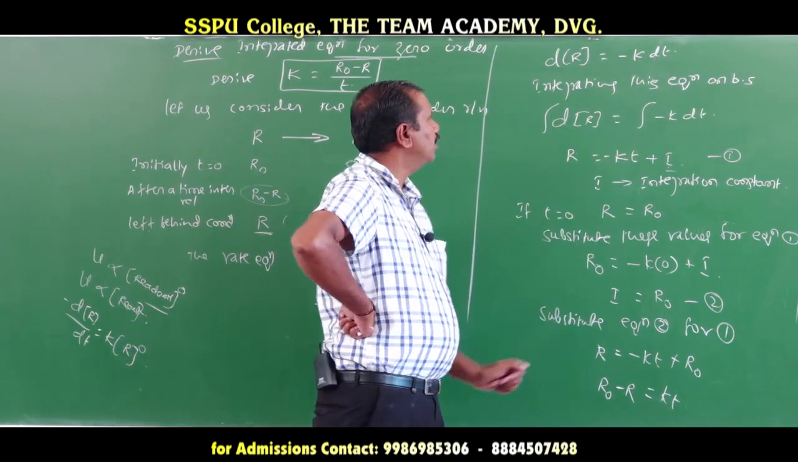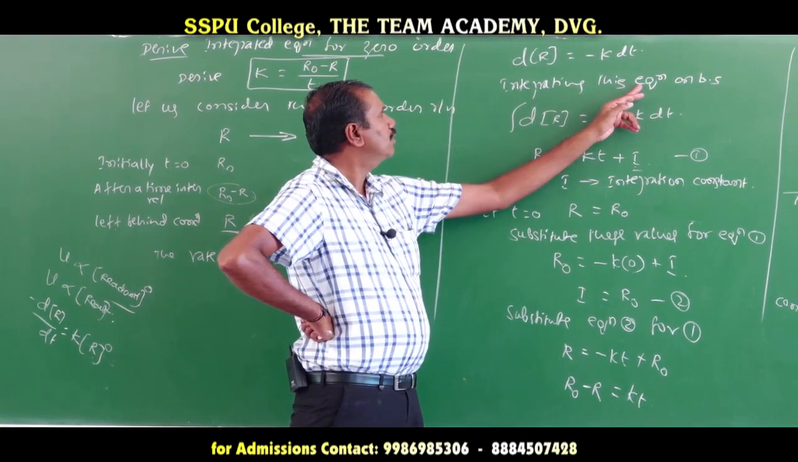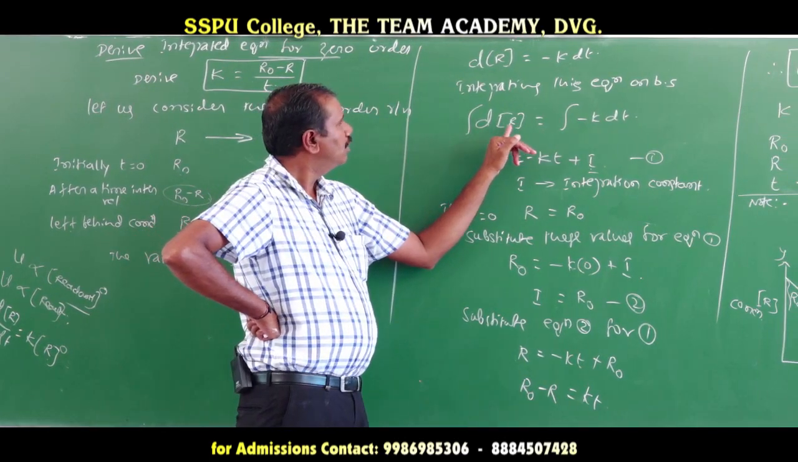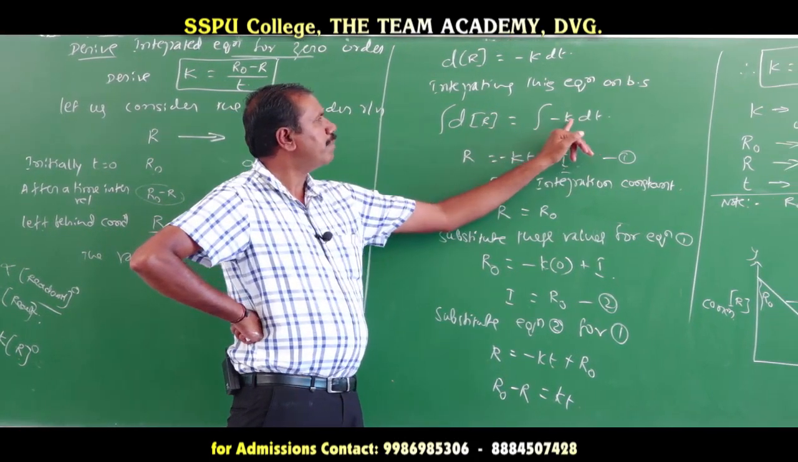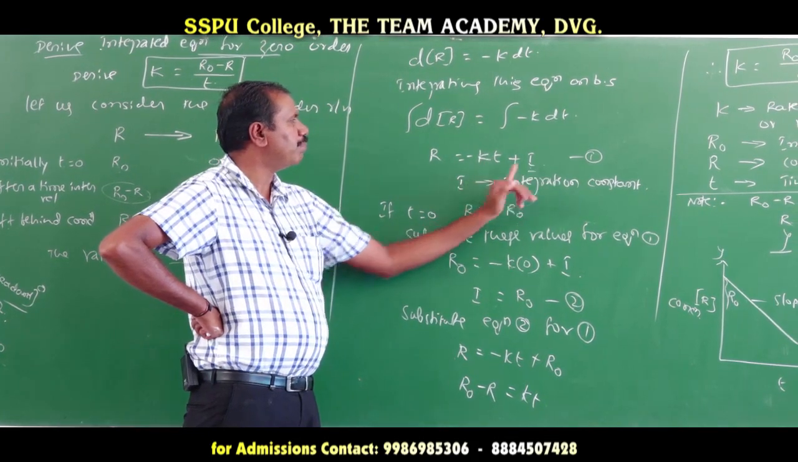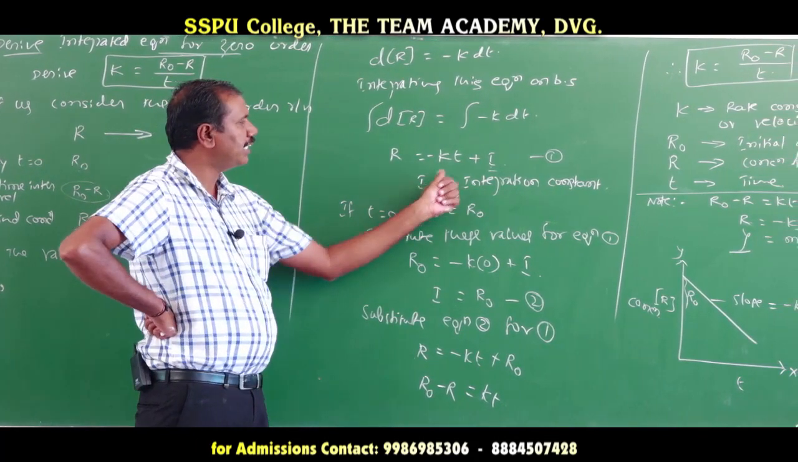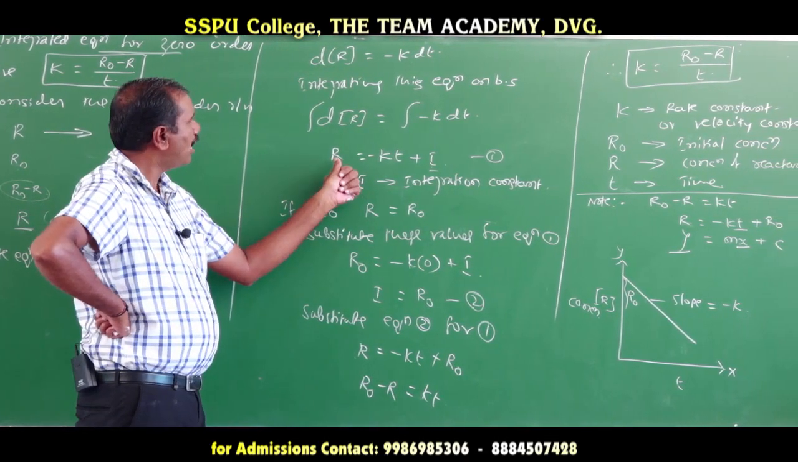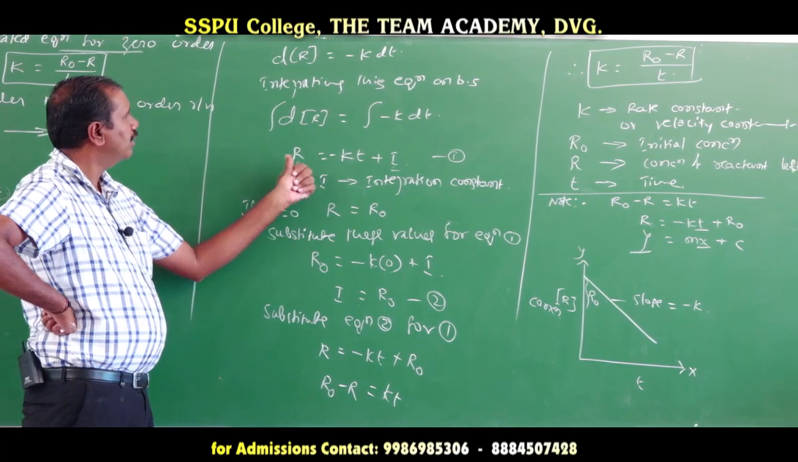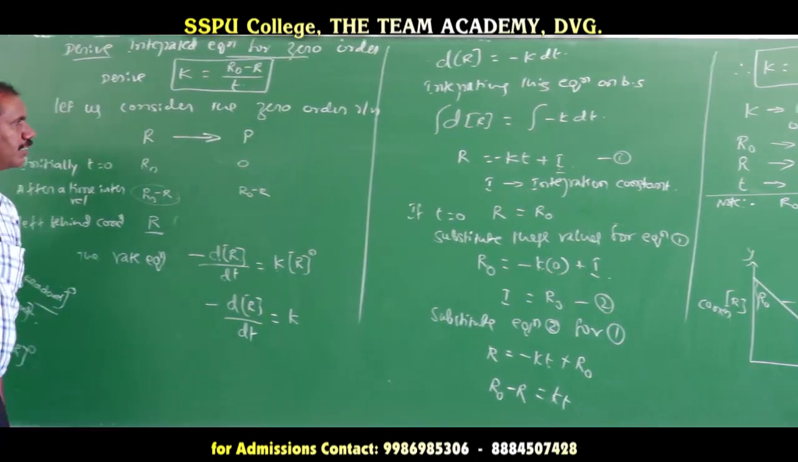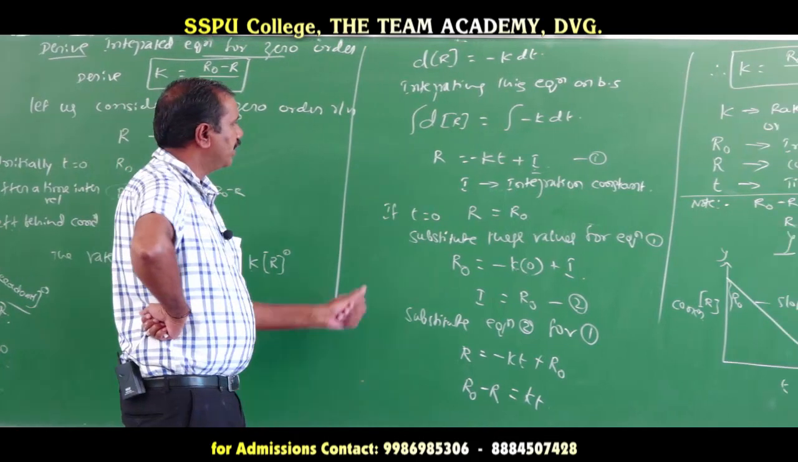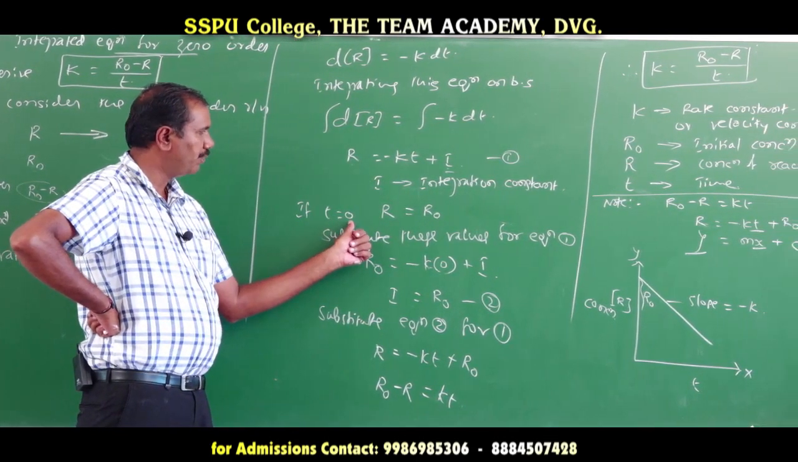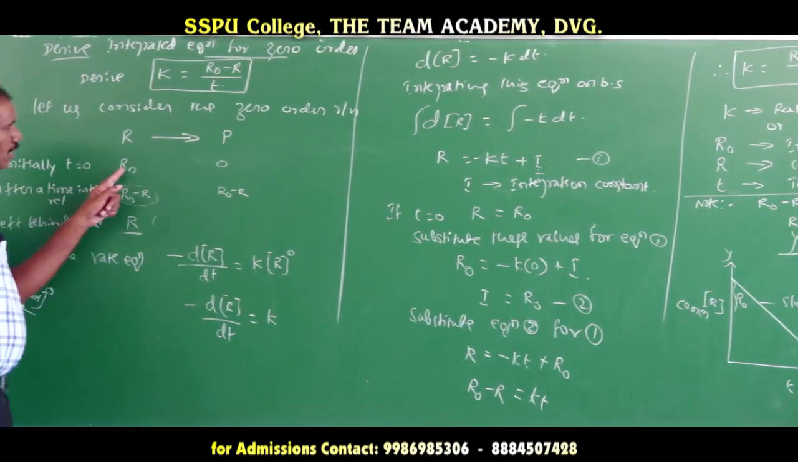Then dR equals minus k into dt. Integrating this equation, the integration of dR is nothing but R. The integration of minus k into dt is minus kt plus I, where I is the integration constant, and R is the concentration of reactant. How do we find the value of I? If t is 0, when time is 0, then R becomes